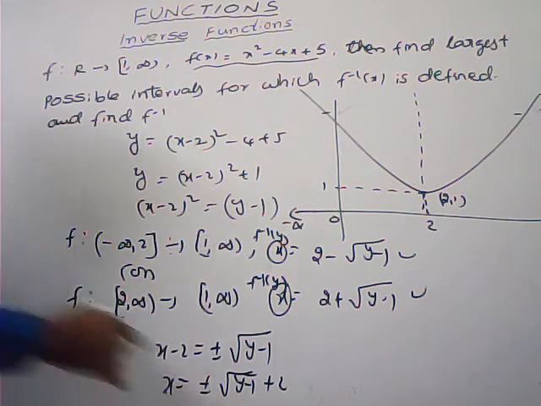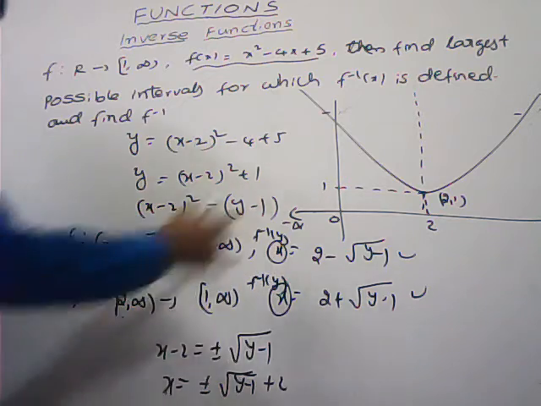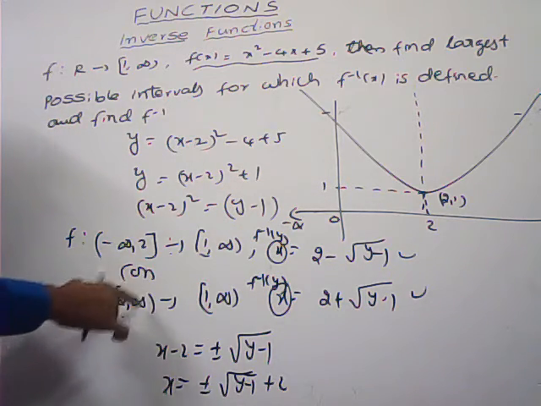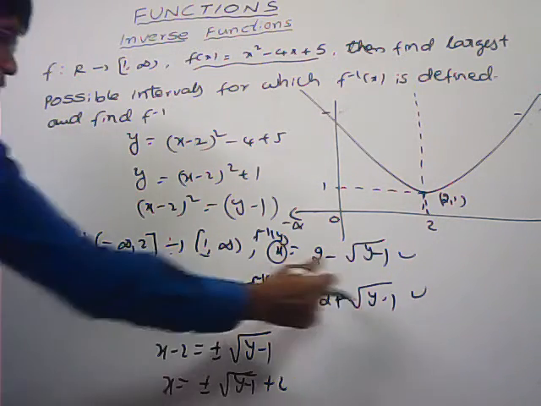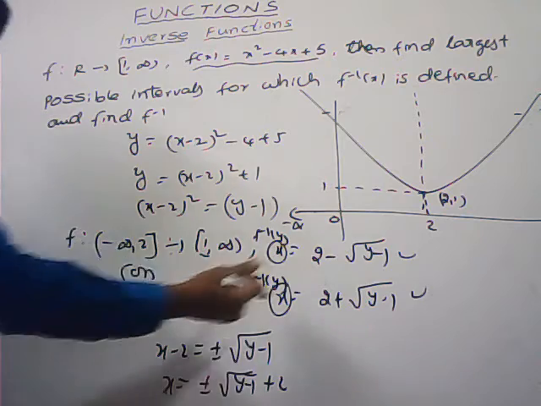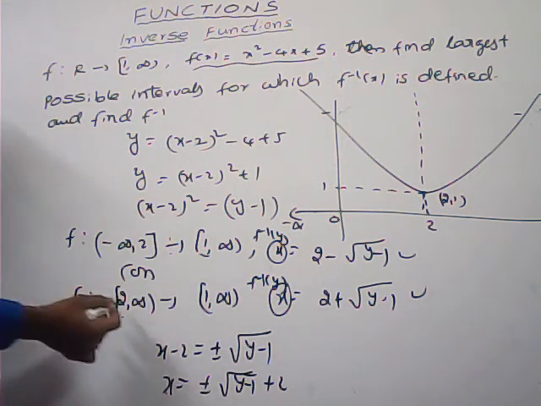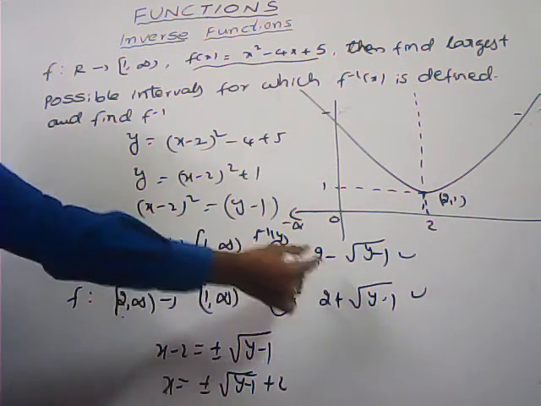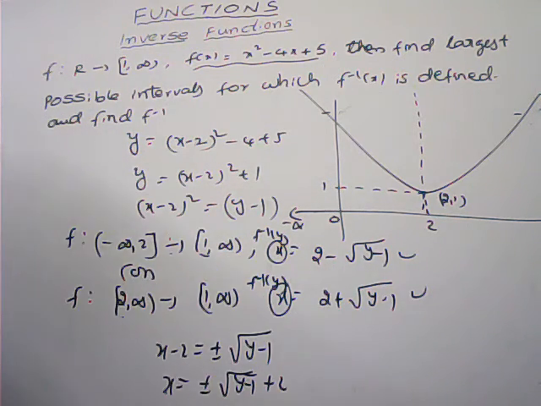How to know that one, either plus or minus? Whatever we are taking, 1 to infinity in the place of y, all the corresponding x values should be positive. That's why here I have taken plus, and here minus. Next,